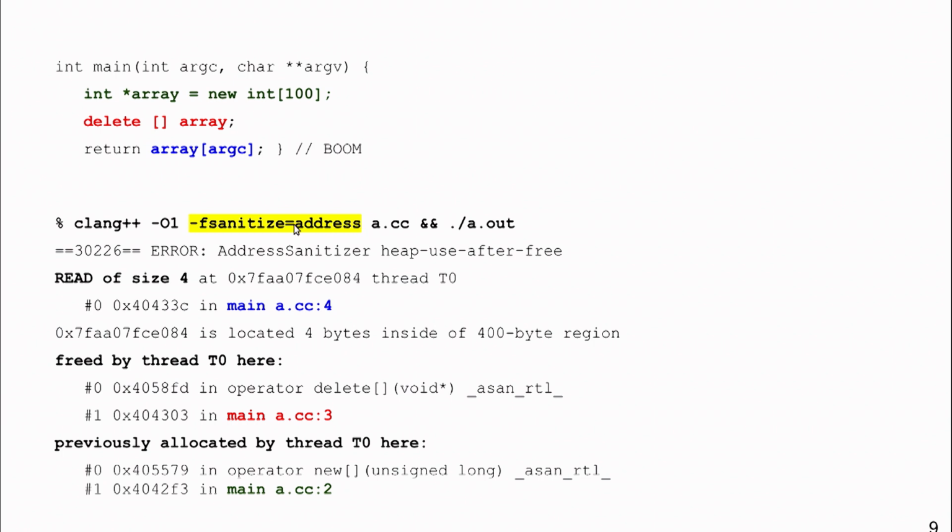And again, this switch is available in modern Clang and in modern GCC. If the bug happens at runtime, and this is a dynamic tool, it actually needs the bug to happen at runtime, the application will print a lot of descriptive text saying what kind of bug happened, what is the address, what is the stack trace of the bug, what is the stack trace of allocation, deallocation, etc. And after that, it will immediately trap.